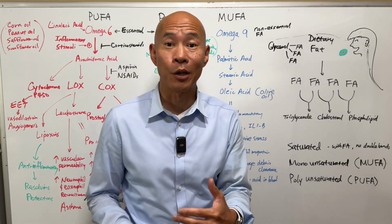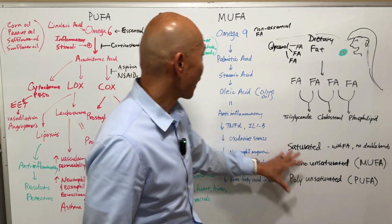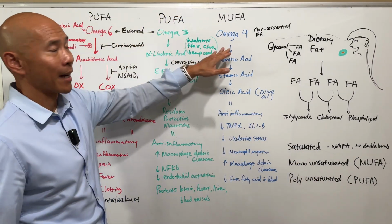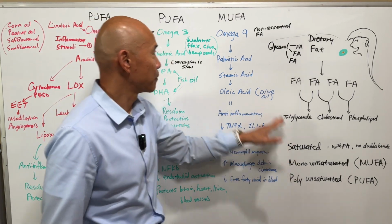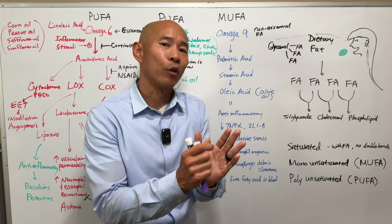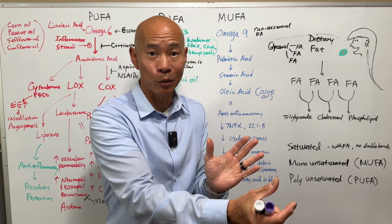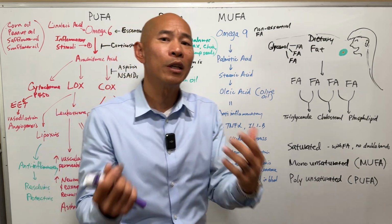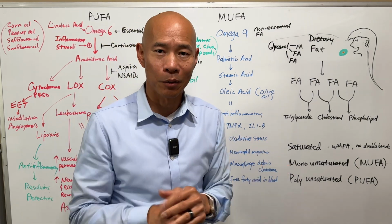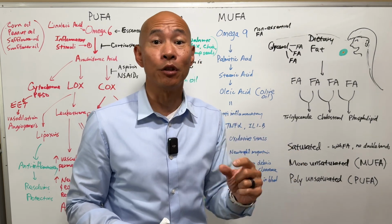Think flaxseed oil, olive oil. Now, we also have different types of omega fatty acids, right? These fatty acids can be in different omega configurations. The omega just means, for chemists, the location of the double bond on that chemical structure. Now, all you need to know, besides these chemical jargons, is that different omega fatty acids serve different functions in